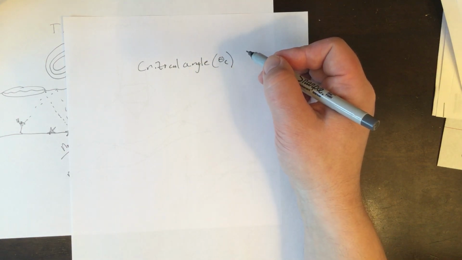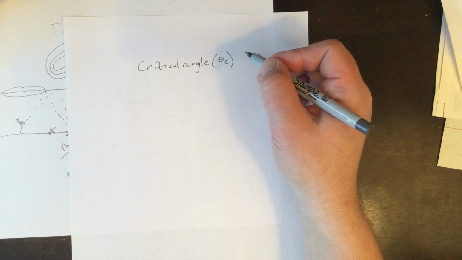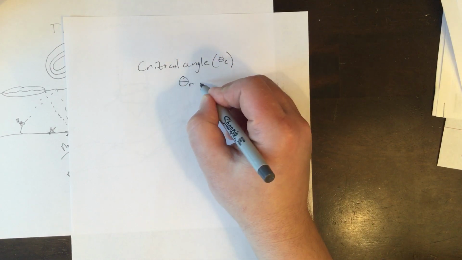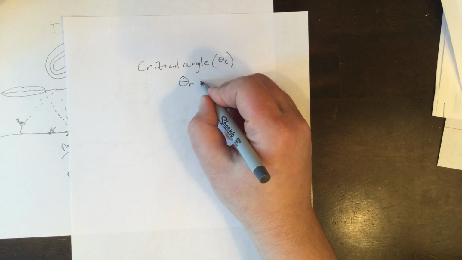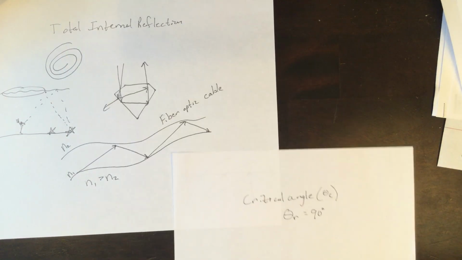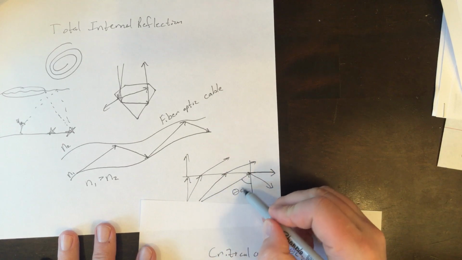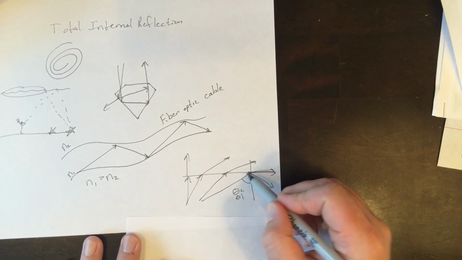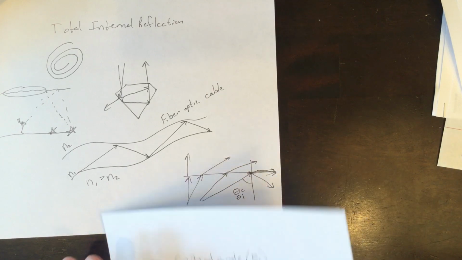The critical angle is when theta R, or the refracted ray, is equal to 90 degrees. So see, this is our incident ray, theta I, theta C, whatever you want to call it. And this right here is our refracted ray. So it's going